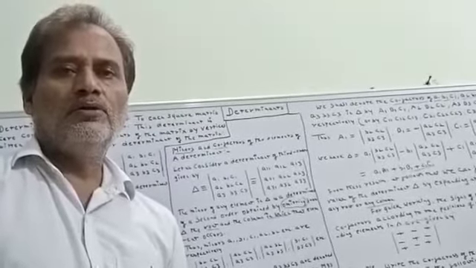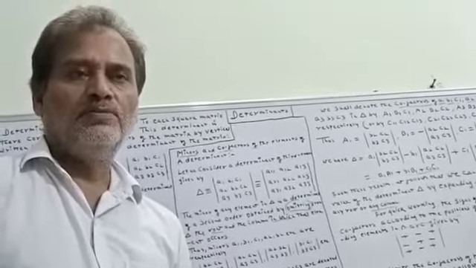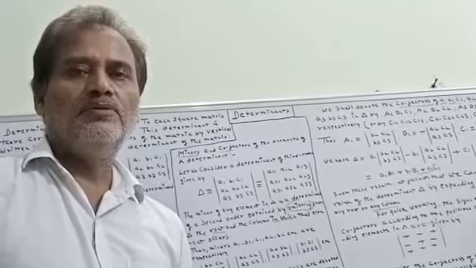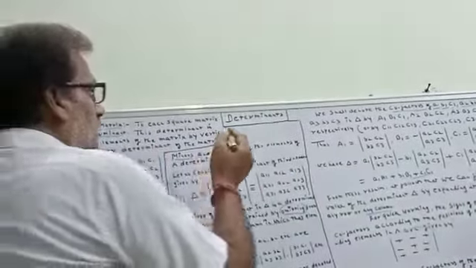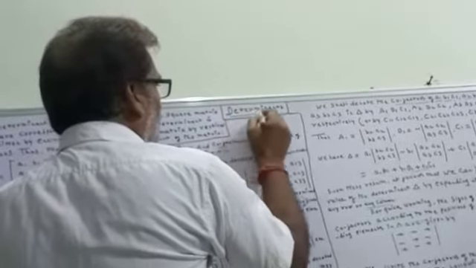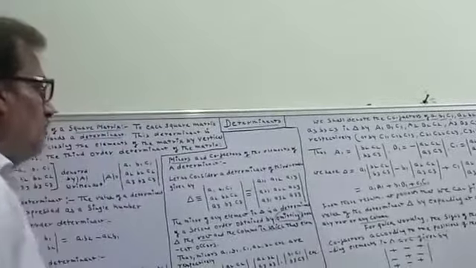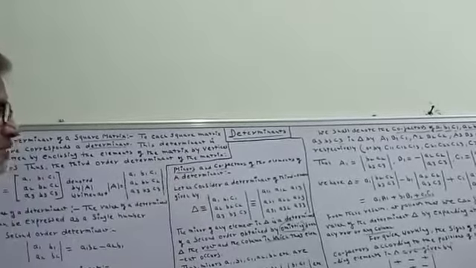मैं डॉक्टर गुलाब खलारी, एसोसिएट प्रोफेसर, डिपार्टमेंट ऑफ इकोनॉमिक्स, जे कॉलेज आरा। आज आप लोगों को हम डिटर्मिनेंट के बारे में बताएंगे। अर्थात डिटर्मिनेंट क्या है, टू ऑर्डर डिटर्मिनेंट और थ्री ऑर्डर डिटर्मिनेंट को कैसे फाइंड करते हैं, साथ ही साथ माइनर और कोफैक्टर के बारे में भी आप लोगों को बताएंगे।